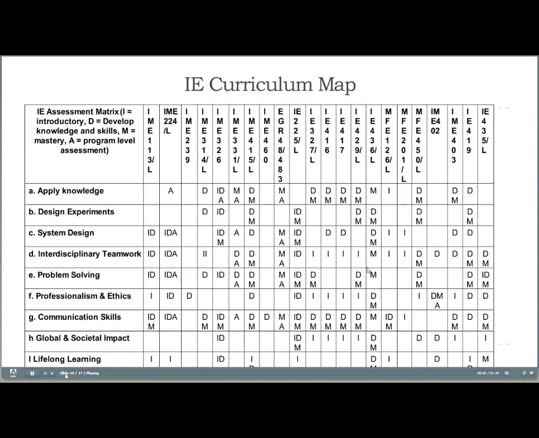A common requirement for WASC and for ABET is to have what has come to be known as a curriculum map. And this is where we show for each of our student outcomes where in the program, which courses we cover that material, and the